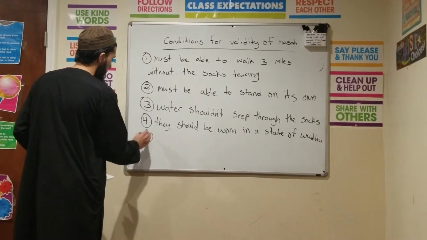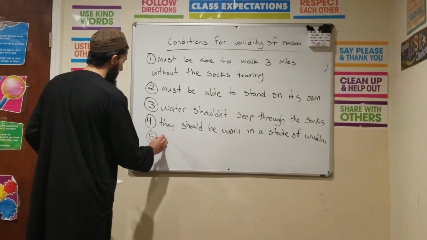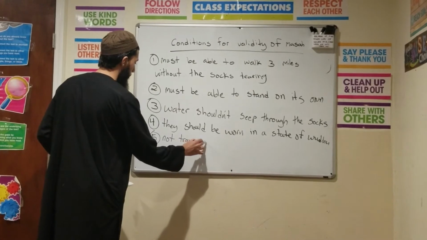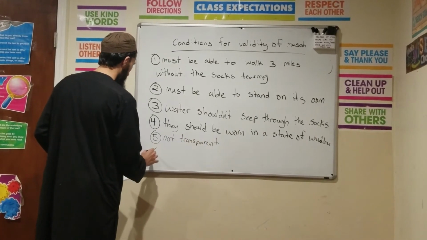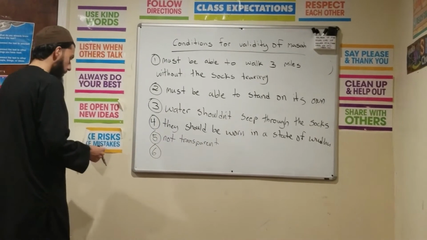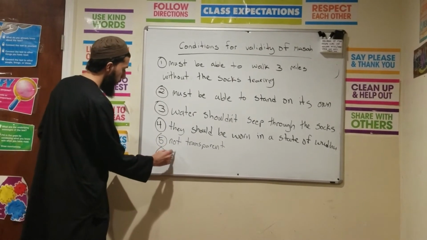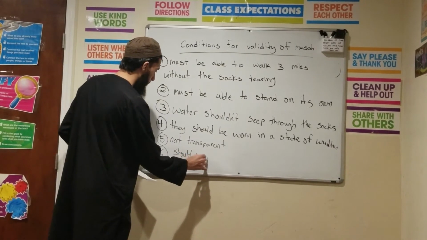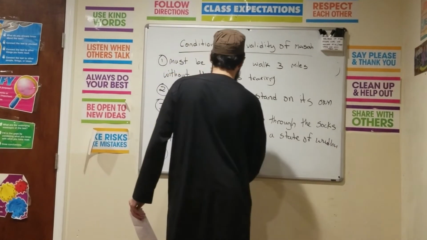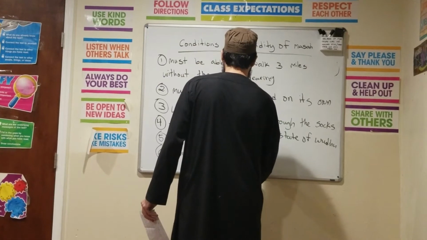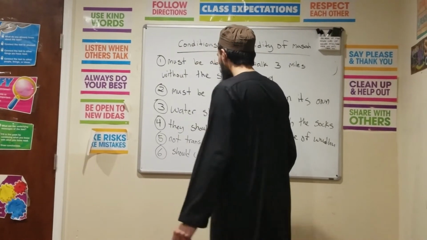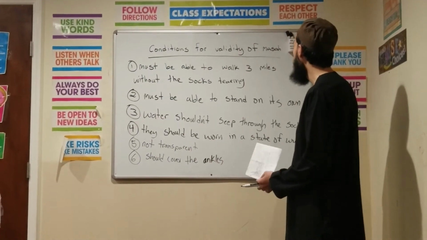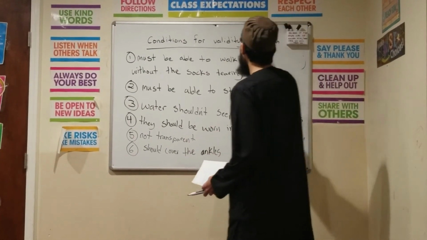Another point, also straightforward. The socks should not be transparent, where you can see through the socks. Also, it should cover the ankles. Okay. Again, it shouldn't be transparent, see-through. 6, it should cover the ankles. And then the 7th one,